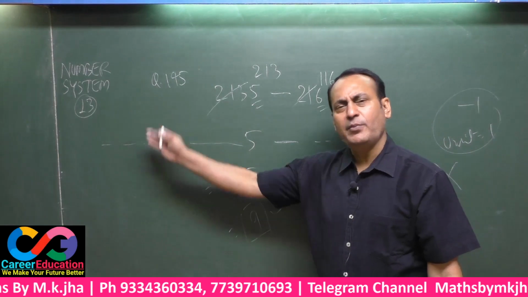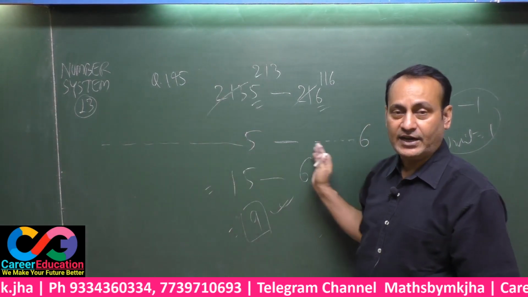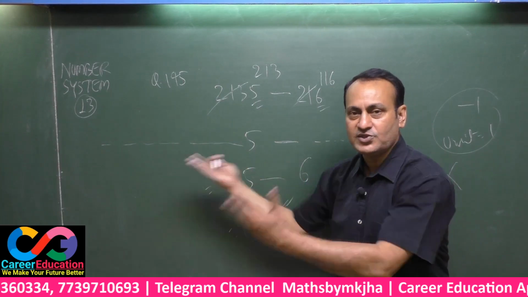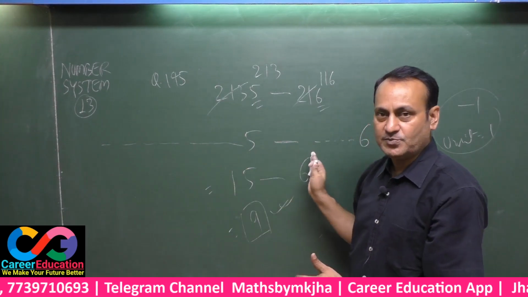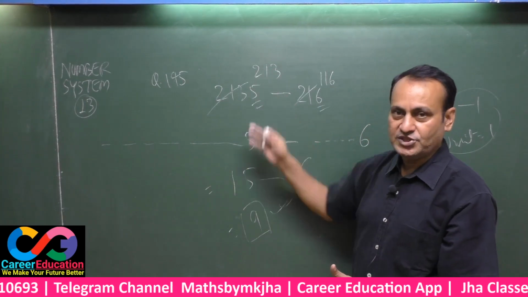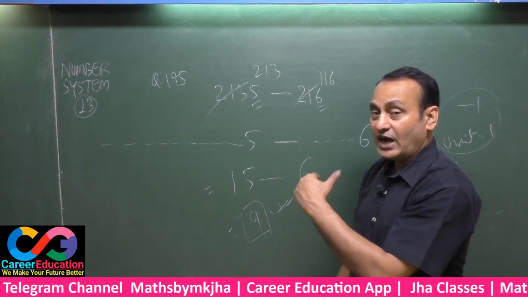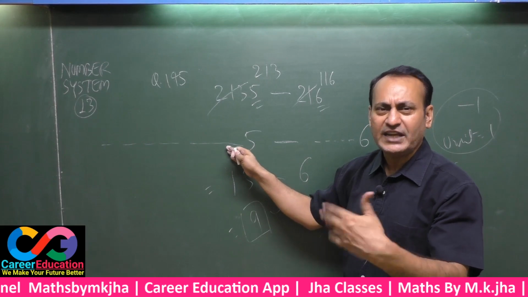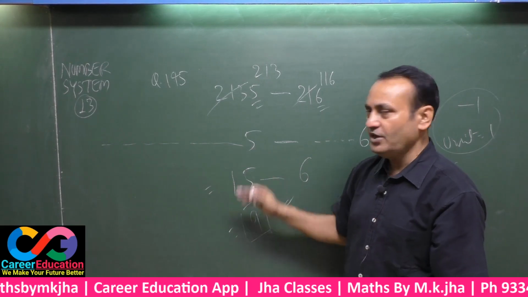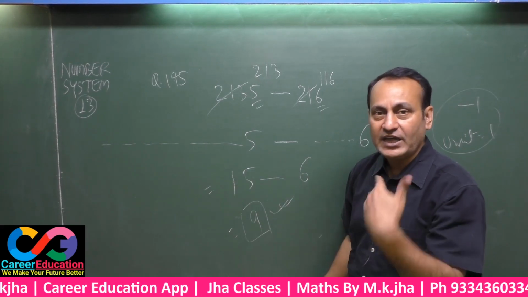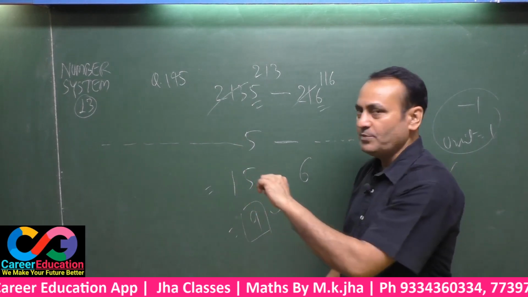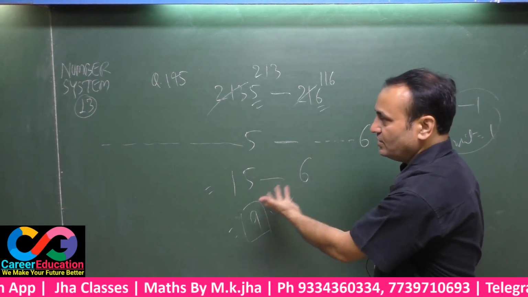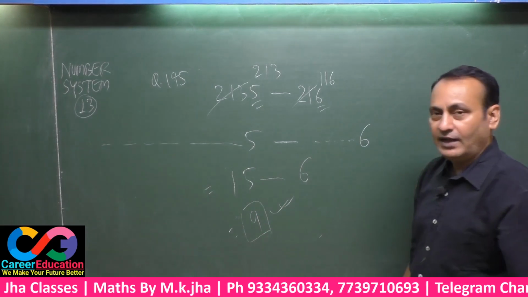Since there are so many numbers before 5 and there are so many numbers before 6, you have to subtract this number from this number. This is the bigger one, this is the smaller one, according to the situation here. That means if 6 can't be subtracted from 5, certainly we take here, that is called carry in English. You have to carry from the next one. That means you carry 1 only here. This is 15 now, and 15 minus 6 is 9. This is your final answer. No doubt.